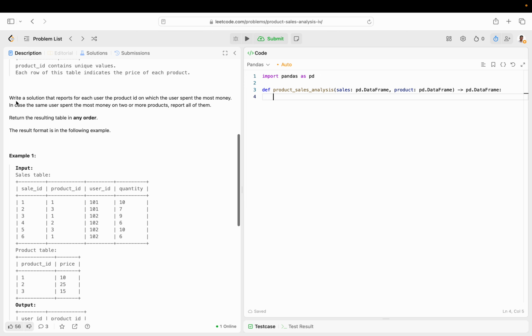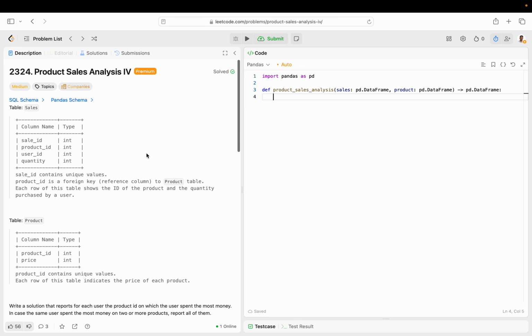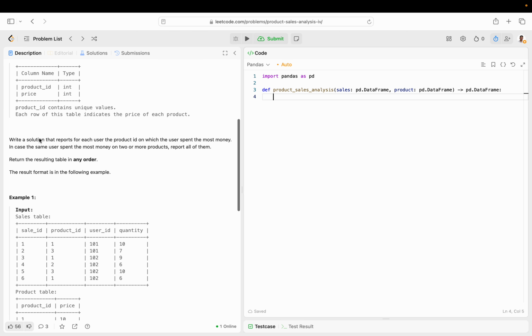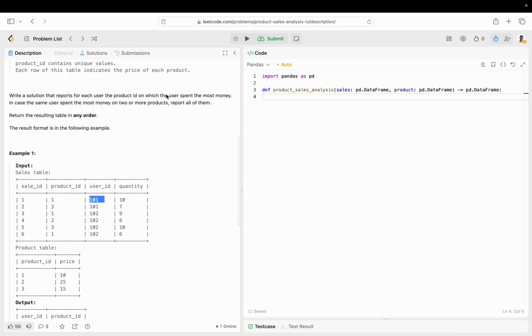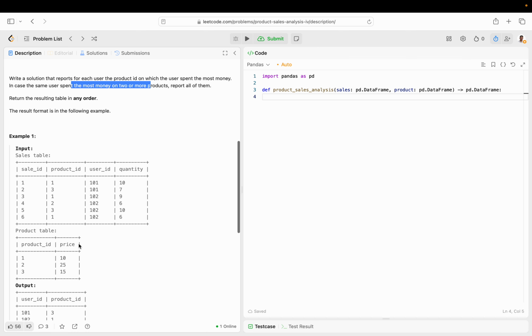So they want you to write a solution. This one's called Product Sales Analysis 4. They want you to write a solution that reports, for each user, so user ID, the product ID in which the user spent the most money. And you don't have to sort it in any order. So there might be more than one. So for example,